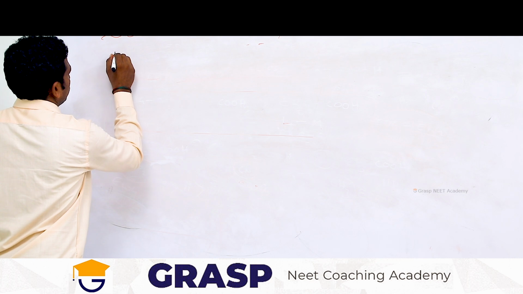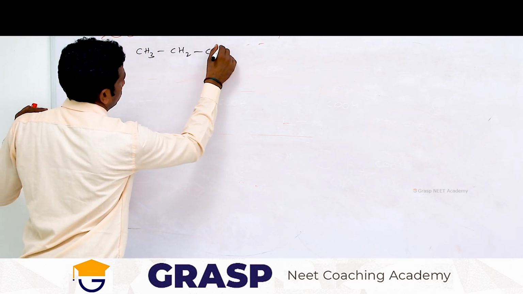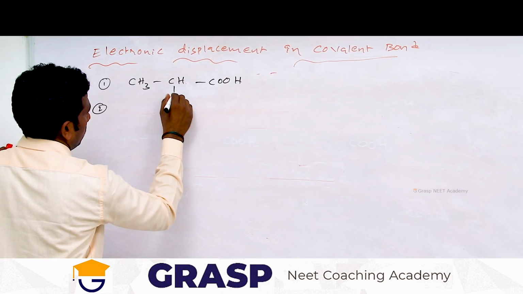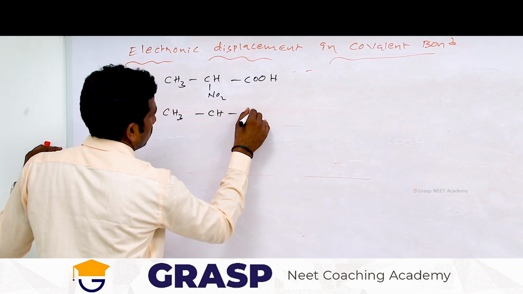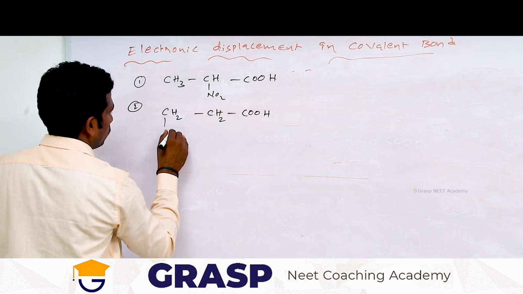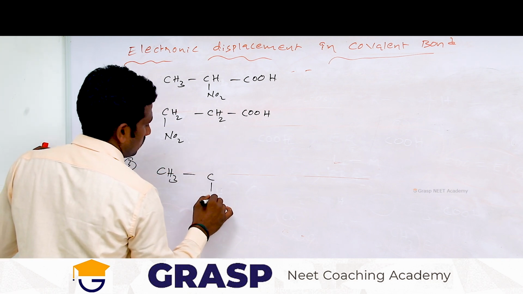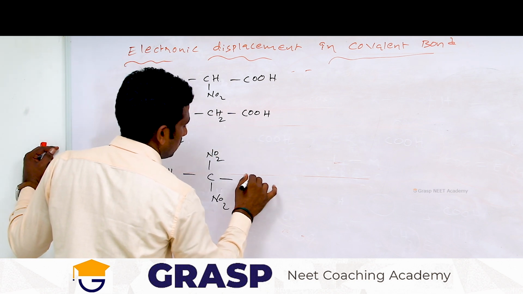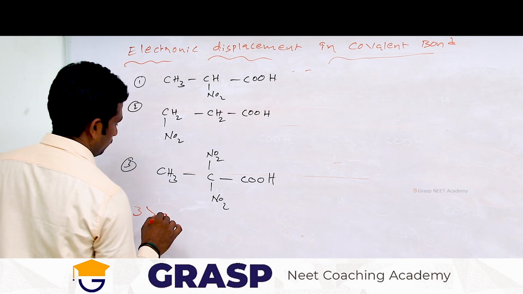See here, the next question: CH3CH2COOH. It is the first compound, and here I am attaching bromine or NO2. Then CH3CH, COOH. Here this time the NO2 group is attached here. In the third case, CH3C, here NO2, here also NO2. So which one is more acidic? You can write that the third one is more acidic than the first one,